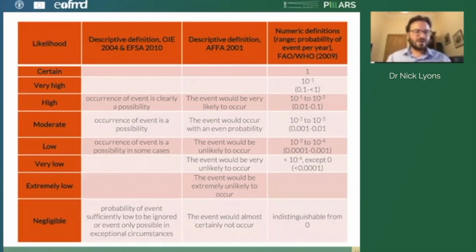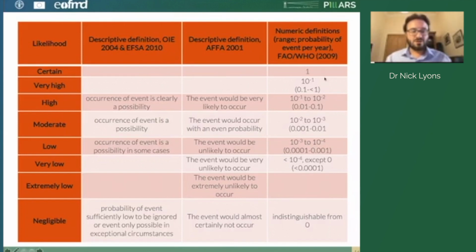So this table here just kind of is more comparisons of different qualitative estimates from OIE or EFSA, for example. And I won't go through all of these. You can read the slide here. But there have been other attempts to try and relate the qualitative to some numerical definitions. So it kind of goes a little bit towards the quantitative aspect, but it still really is a qualitative approach,